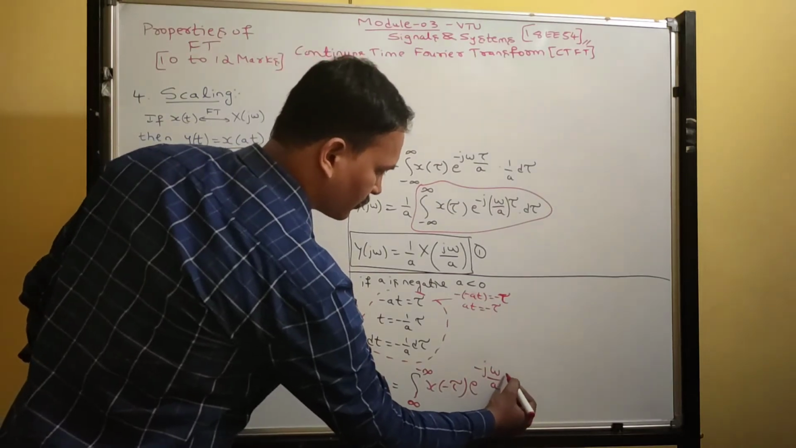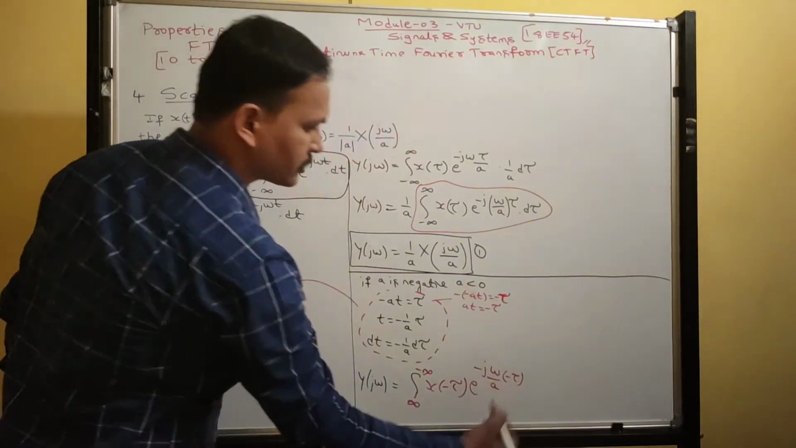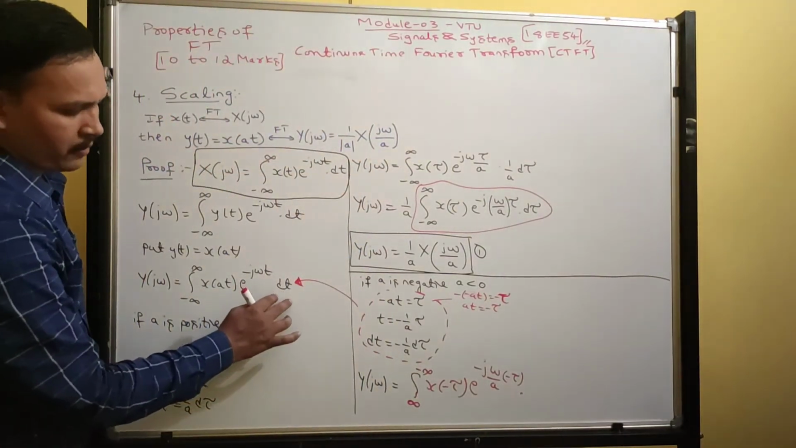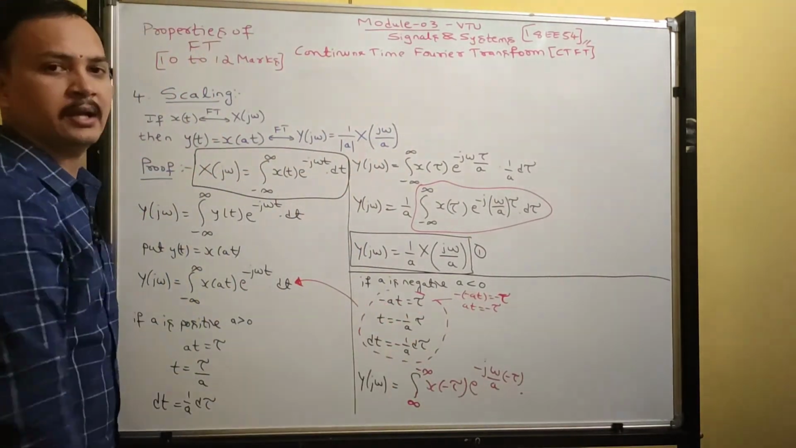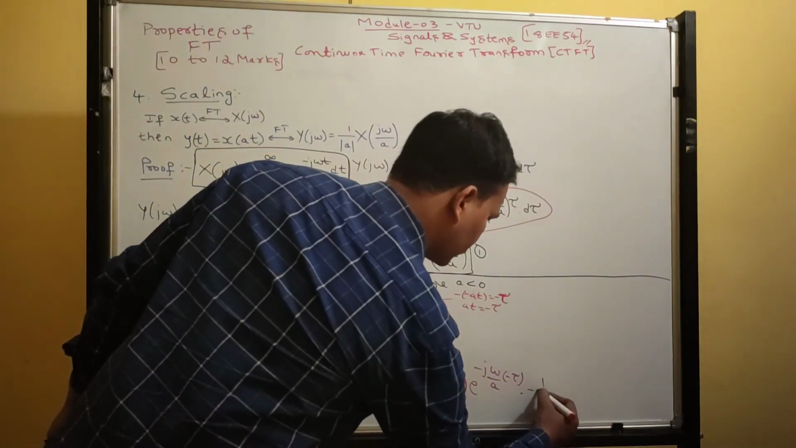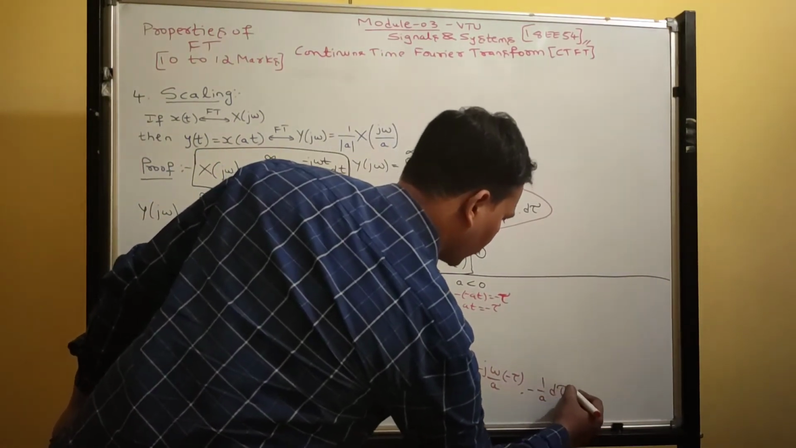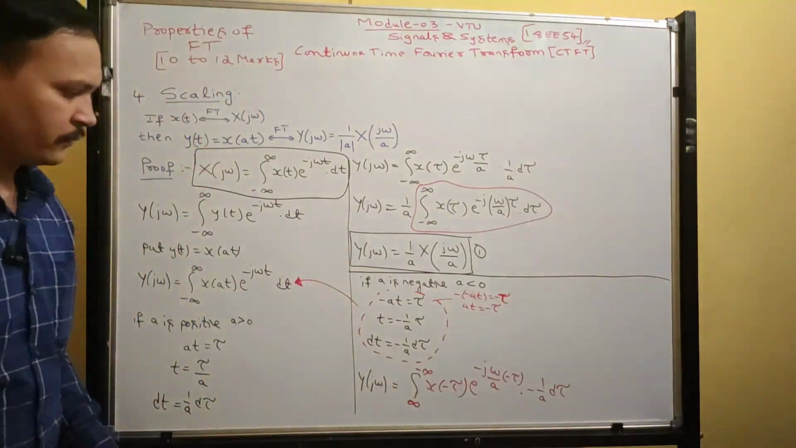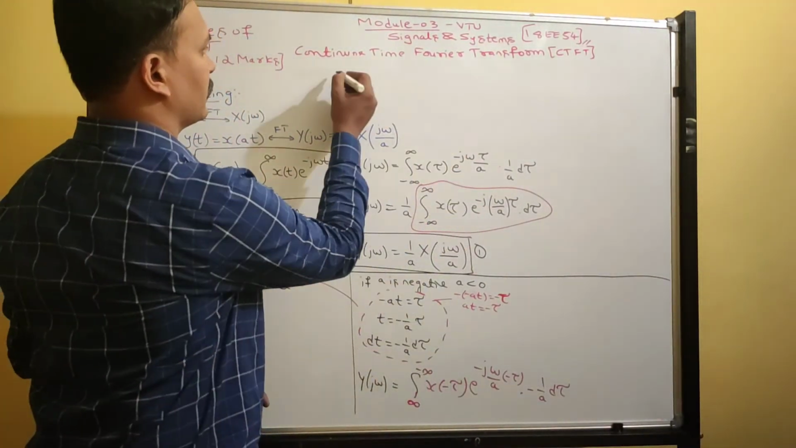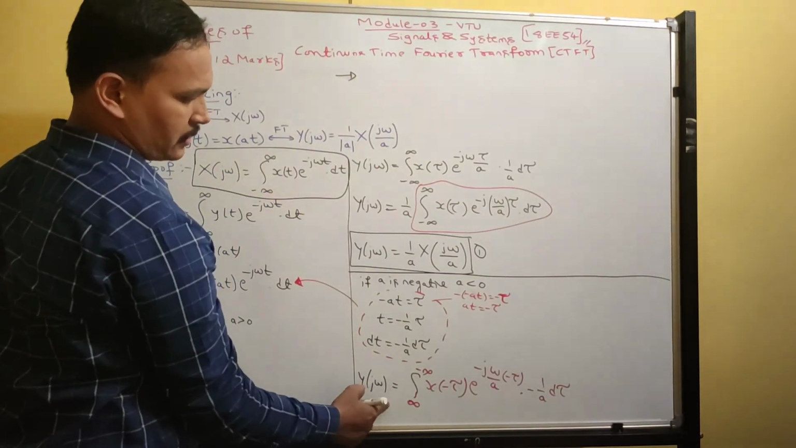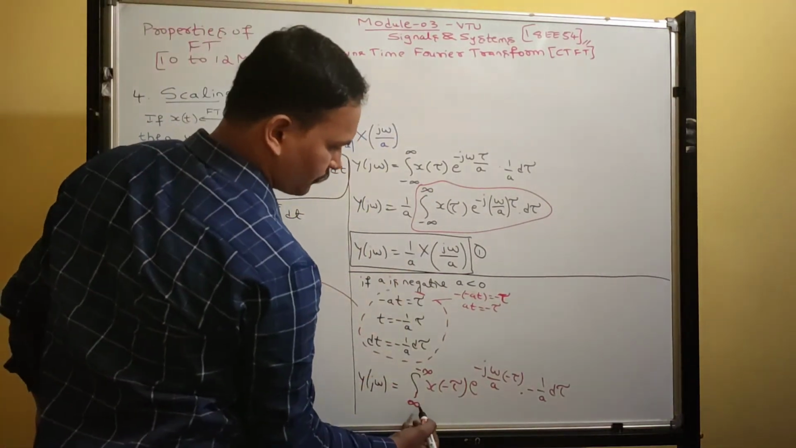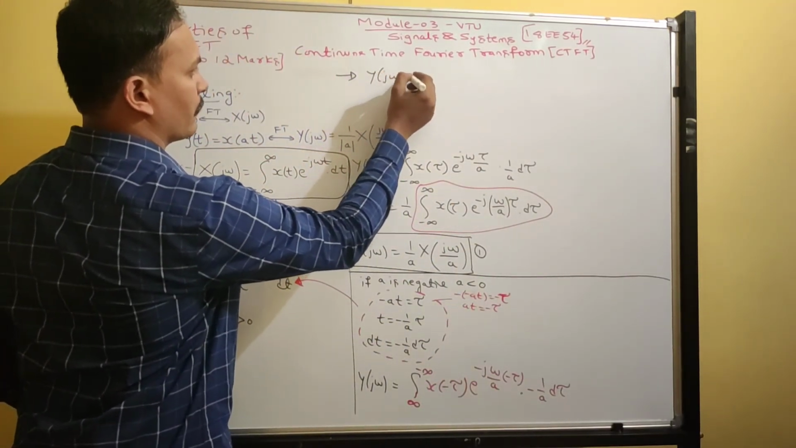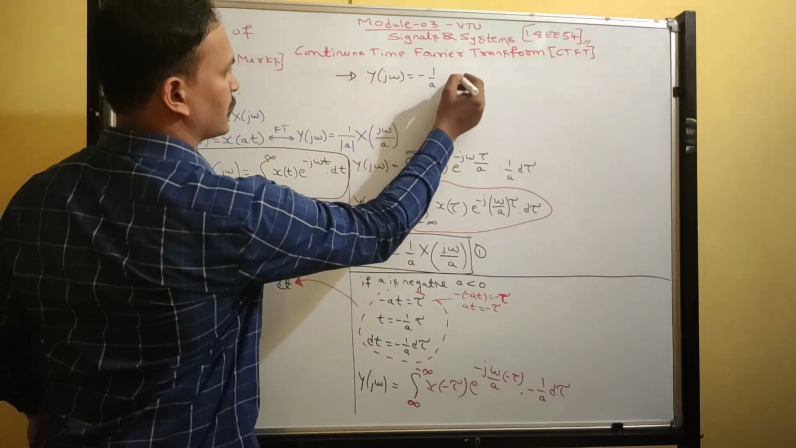So already I have written omega here. So I will write minus tau into dt. What is dt? Minus 1 by a d tau. Minus 1 by a into d tau, that is the value of dt. Now the next steps I will write here. So now you take minus 1 by a outside. So y of j omega equals minus 1 by a, which I have taken outside,